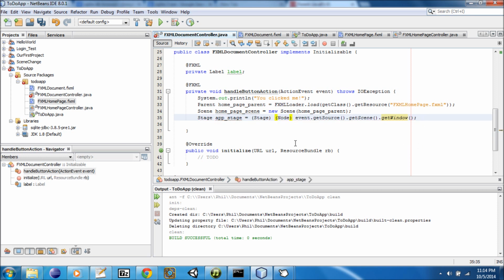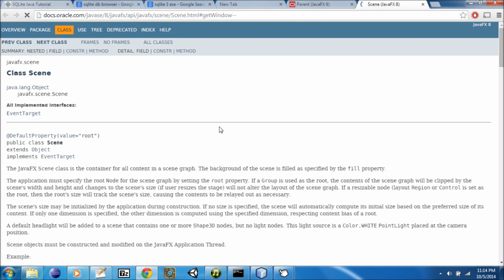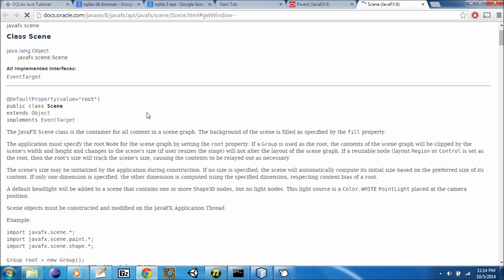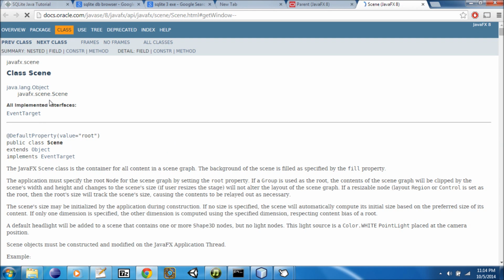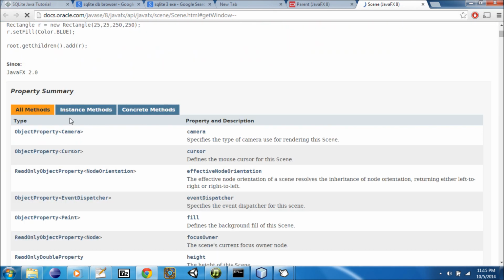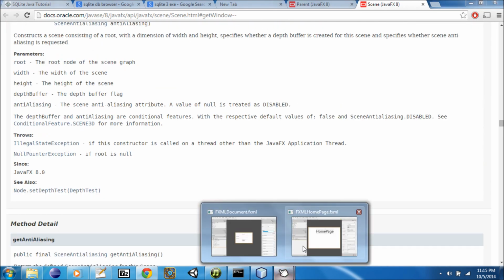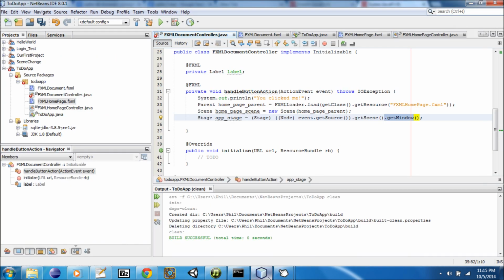Anyway, to understand all this, we'll highlight this. We'll Alt F1. And given my computer doesn't explode from having to pull up a web page like that, we can see what happens here, right? So that's scene. And hopefully we can find the methods. Yes, let's see. Right, so this is a scene, and then we'll Control F, get window. Right, so get the value of the property window, right? So it returns the window. Anyway, so we're accessing the window here,